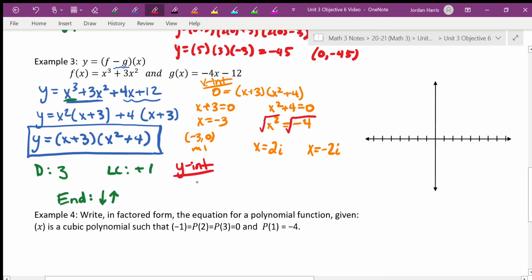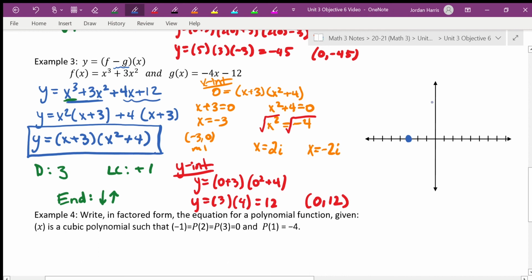Okay, y-intercept, plug in x of 0, so I get 0 plus 3, 0 squared plus 4, so I end up with 3, positive 3, times positive 4, which is positive 12. That one's the same as normal. So I have negative 3,